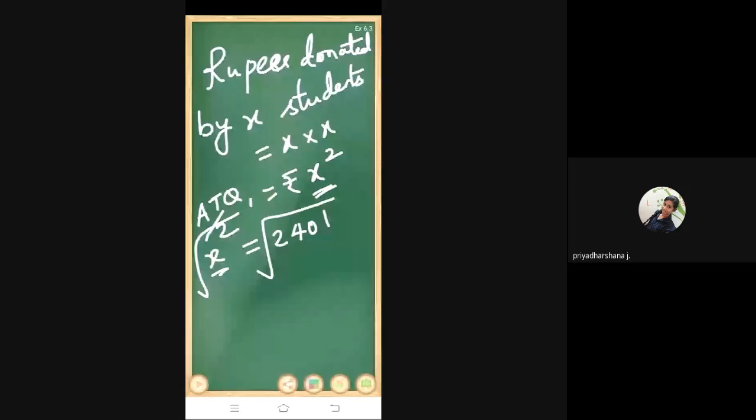Here for this 2,401, we have to find the square root, either by prime factorization or by repeated subtraction. Repeated subtraction is somewhat difficult because this is a bigger number. So let us find the square root of 2,401 by prime factorization. Shall we do it? Now let us find the prime factorization of